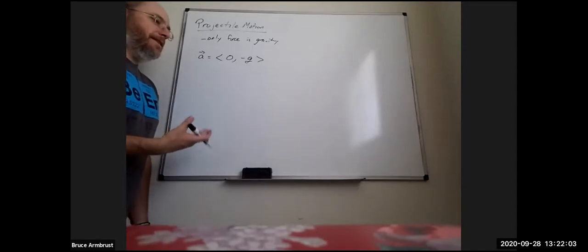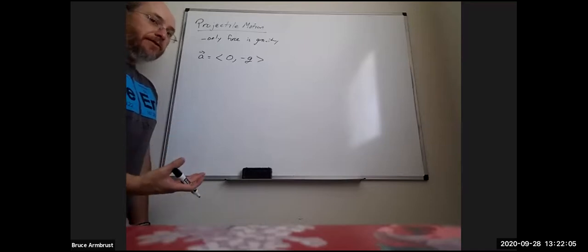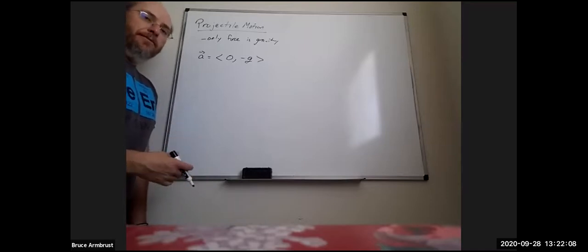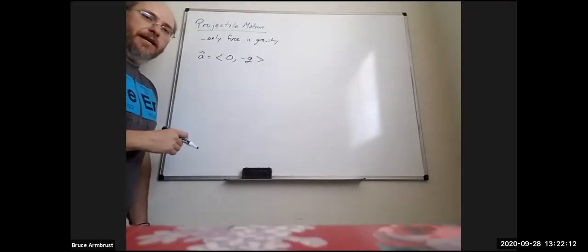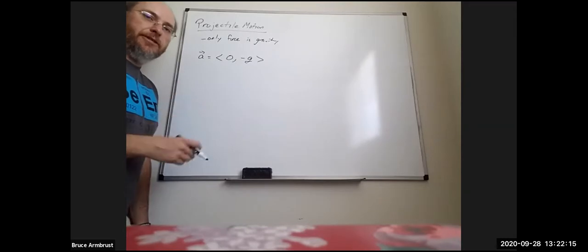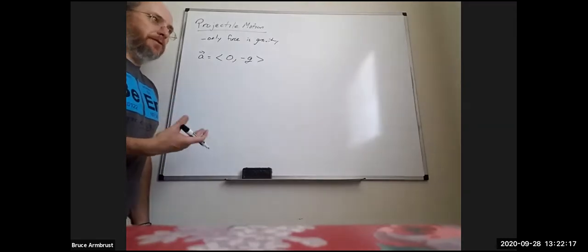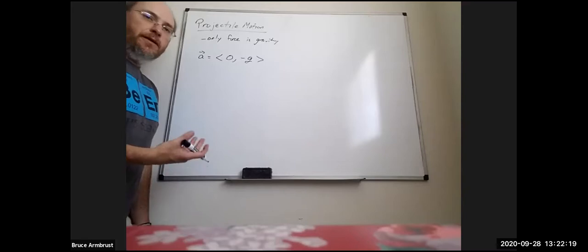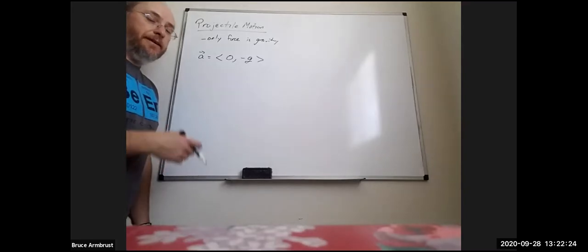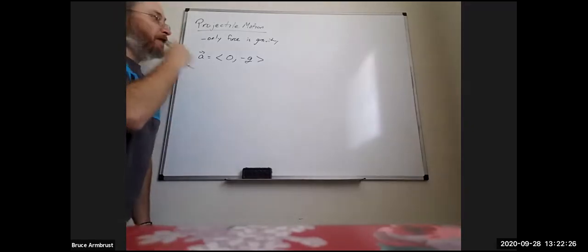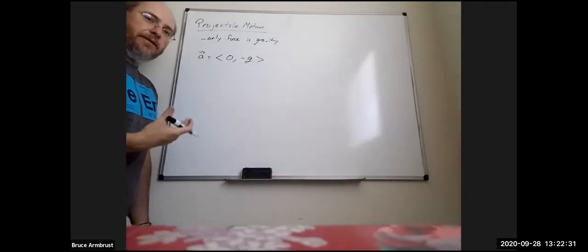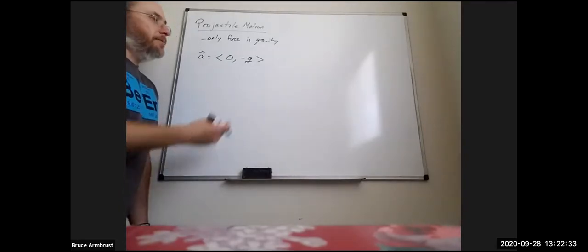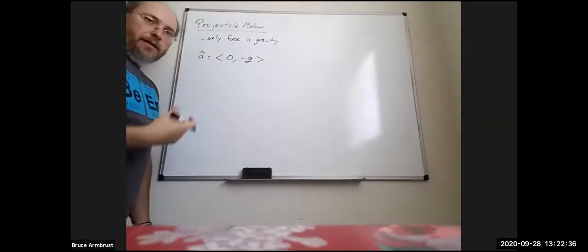Now, this isn't necessarily the best, especially on Earth, because we do have other things that are going to impact objects just traveling through the air, specifically air resistance, drag, friction. But if we were to go somewhere else, like onto the surface of the moon, surface of Mercury, other places where there is no atmosphere, then this is going to totally work. And that's why I also want to leave it as just negative g. I don't want to actually attach a number to it just yet, because we want that to be able to change. Like on Earth,